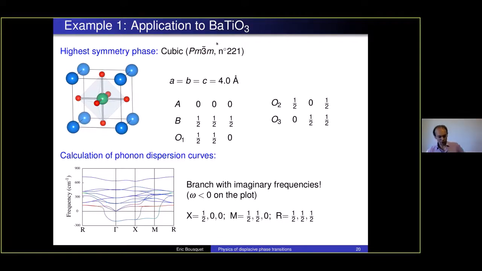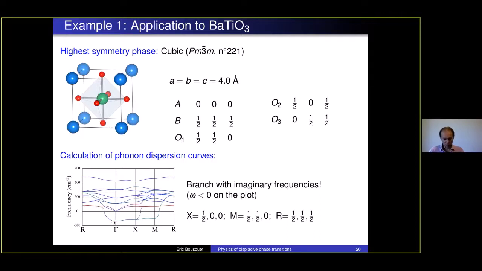And this is the output here from a DFT calculation. This is the phonon dispersion curve of barium titanate at 0 Kelvin from DFT, along a given path in the Brillouin zone boundary. As we can see, I plotted the phonon frequencies that are positive here, and the imaginary frequencies are plotted here with negative numbers. And you can see that in barium titanate, in gamma, X, and M, you have quite a strong branch of instability that is propagating between X and M almost constant. And then when you go to R point, it's going to be positive.